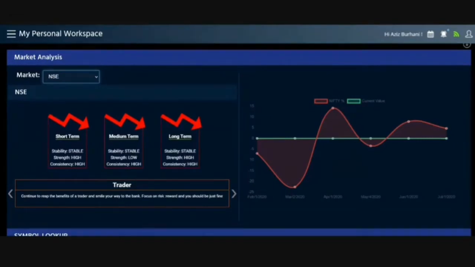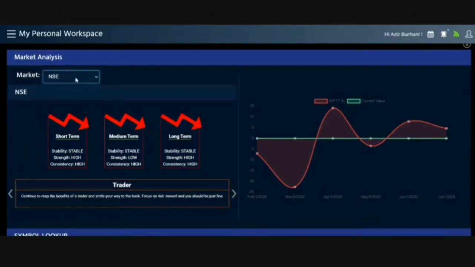Now, what does this mean? Whenever there is a trend reversal or a correction or an established trend for that matter, there will be some strength. Because of that strength, that trend will be established. Once that trend is established, there will be some consistency, and that consistency will bring in stability into the trend. So strength, consistency, and stability all 3 contribute to a trend, whether it is a long-term trend, an intermittent trend, any kind of trend. It is all these 3 factors that contribute to that trend.